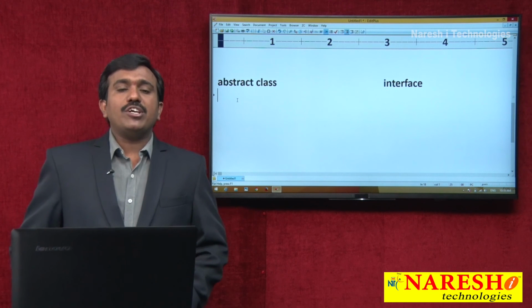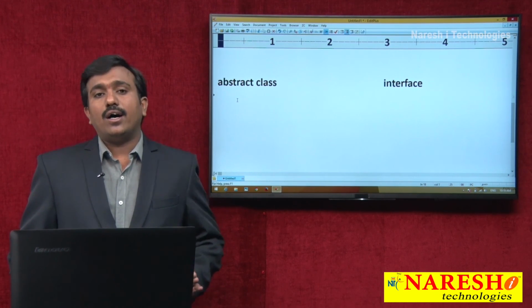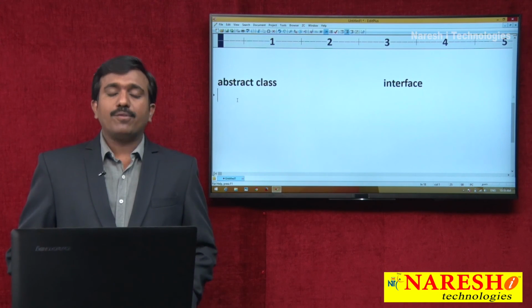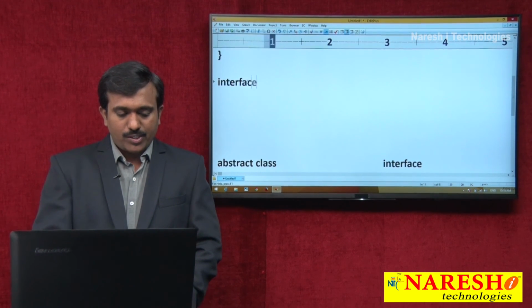But an interface allows only abstract methods. Means 0 or n number of abstract methods only are possible to write inside the interface.